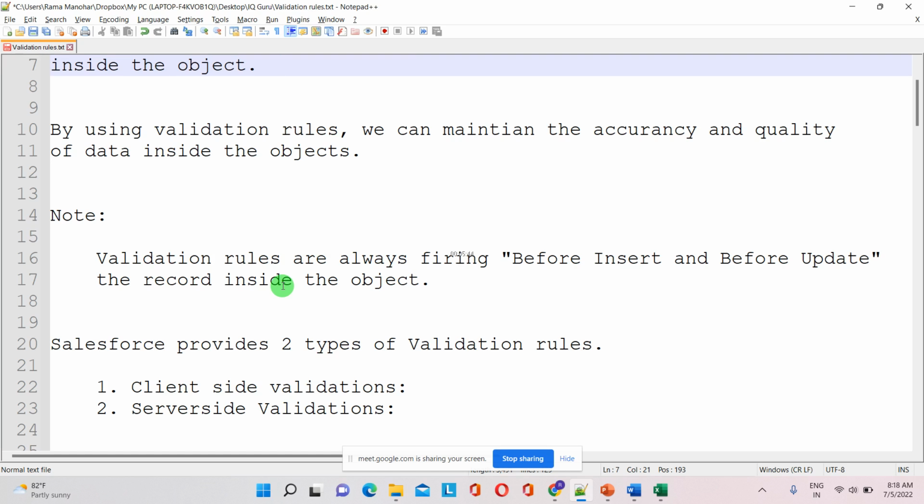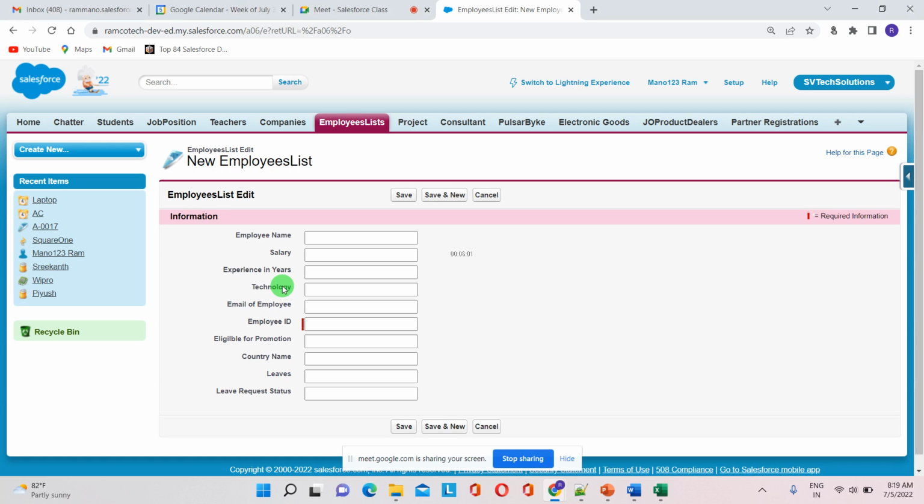So now we can see how it will be working. Salesforce provides two types of validation tools. They are client-side validations and server-side validations. Client-side validation, in the sense, is nothing but the browser. For example, in case you have any integration in your project, if you have third-party integration, the user will be logging in to a website, right? Though you are giving support in the backend through Salesforce, in the front end whenever the user logs in on the browser, they need to get the error then and there itself,